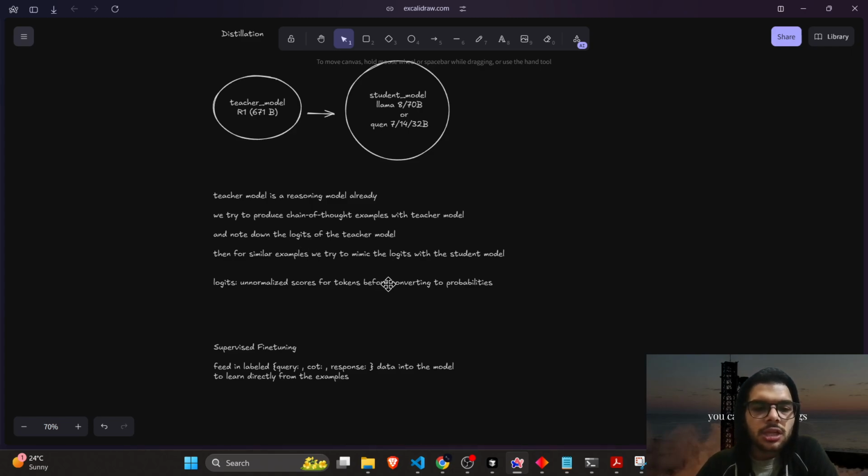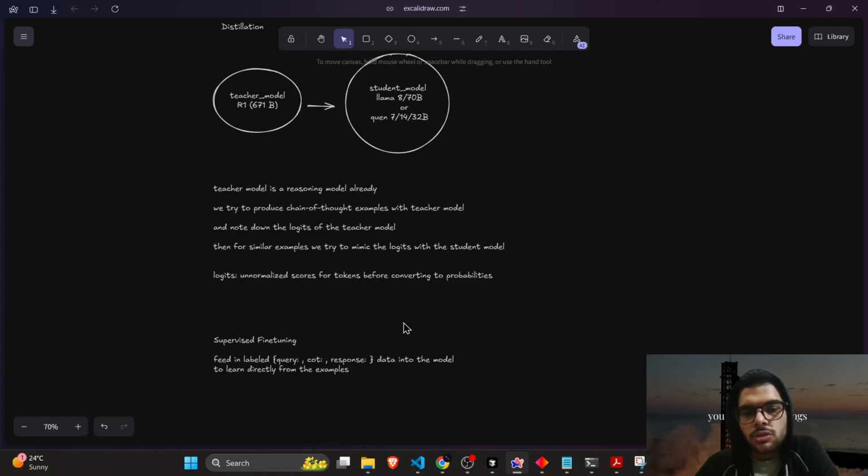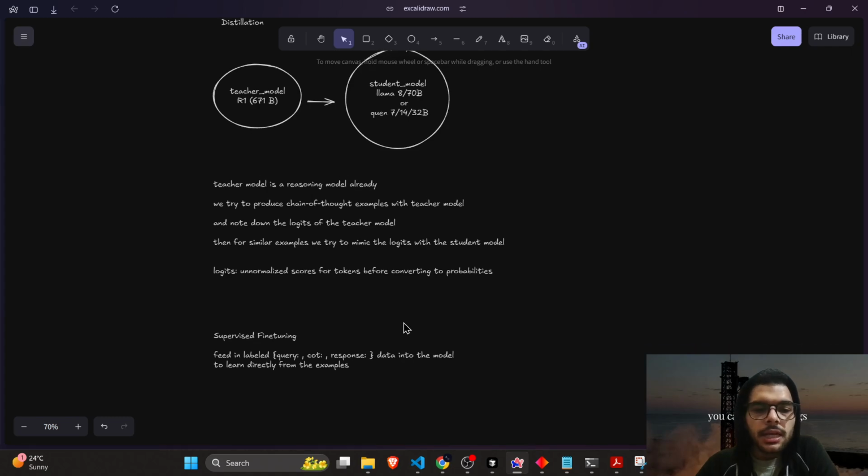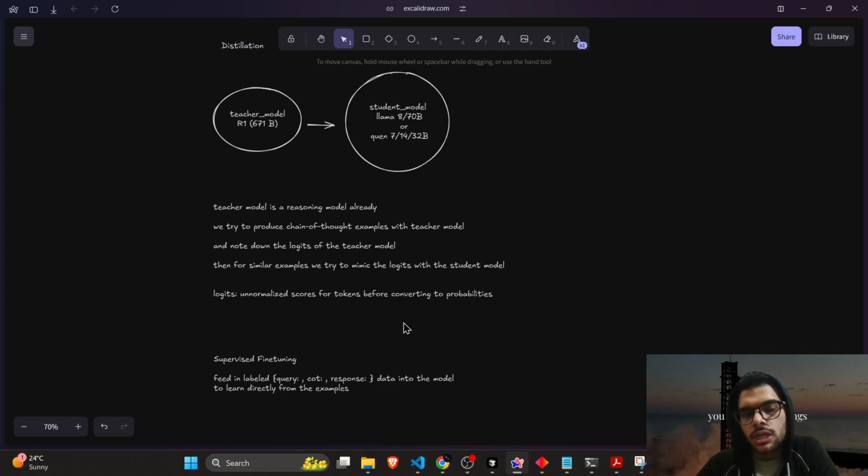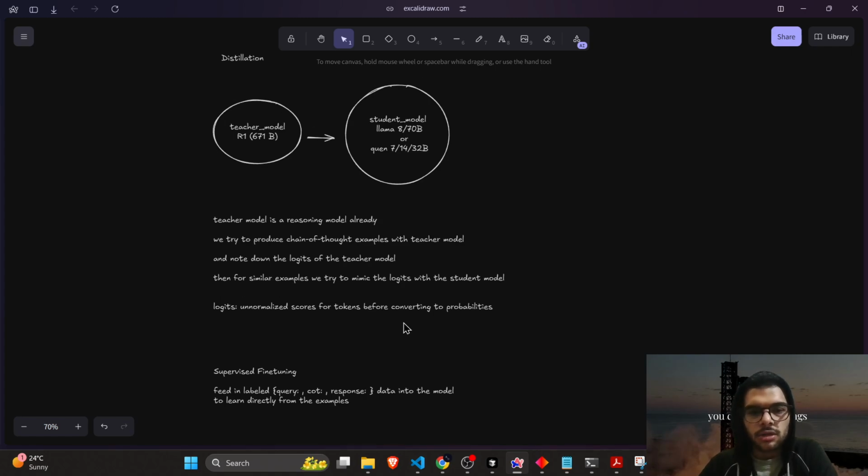Now, what are logits? Logits are basically unnormalized scores of tokens before converting to probabilities. Basically, these are raw scores given to tokens generated by a model just before they are converted to probabilities. Probabilities are used in LLMs to predict the next token. For example, if we take this sentence, teacher model is a reasoning model already.